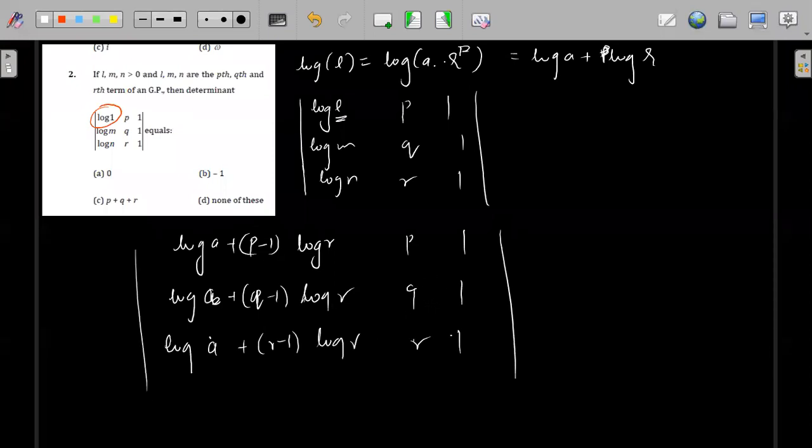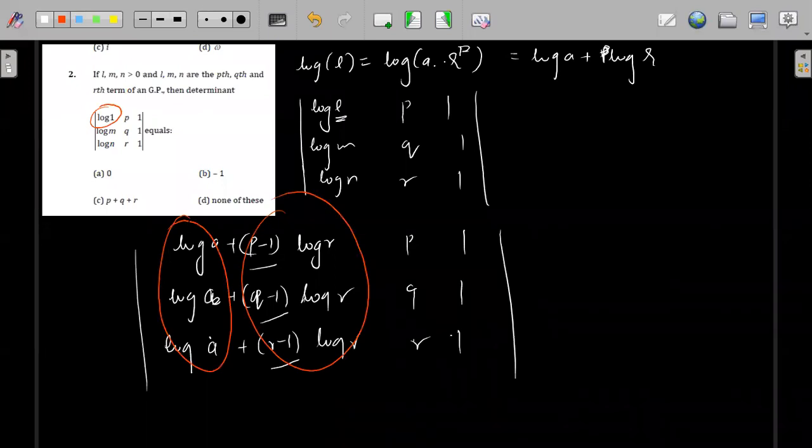When you break this into two parts, you will have p minus 1, q minus 1, r minus 1, right? And pqr, log r you can take out, that will become 0, and you can again take out this separately and this separately. When you take this separately, this a will come out, which will become 1, and then you will have this separately, again the same thing. Okay, fine.